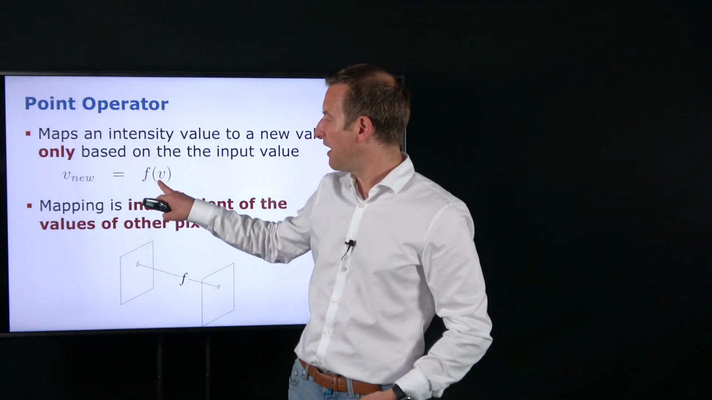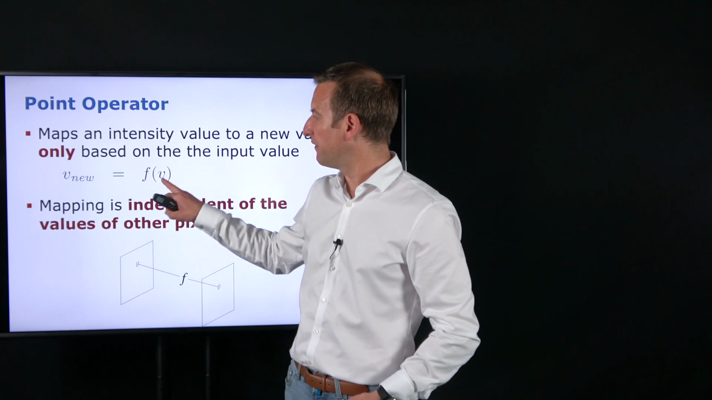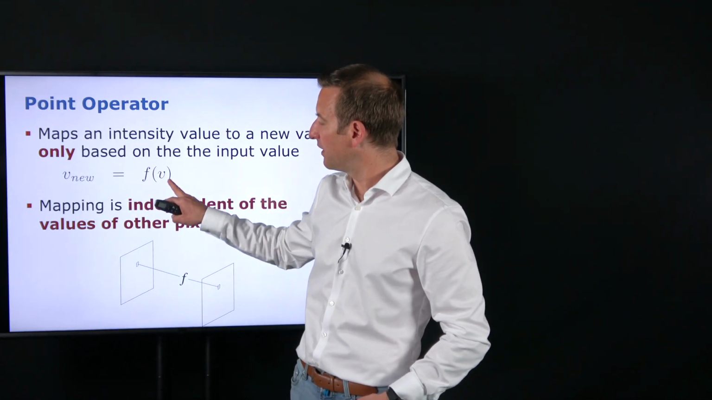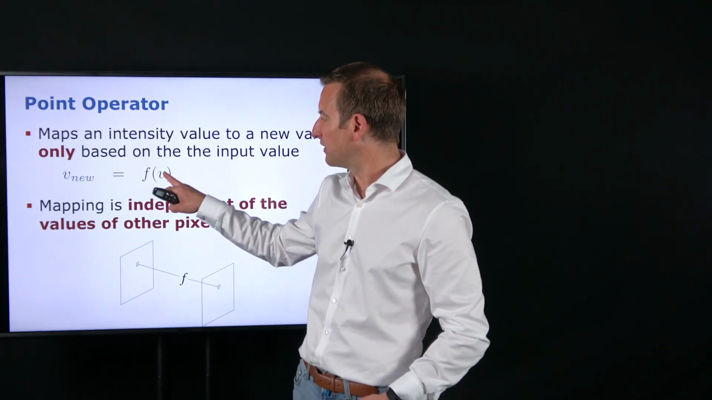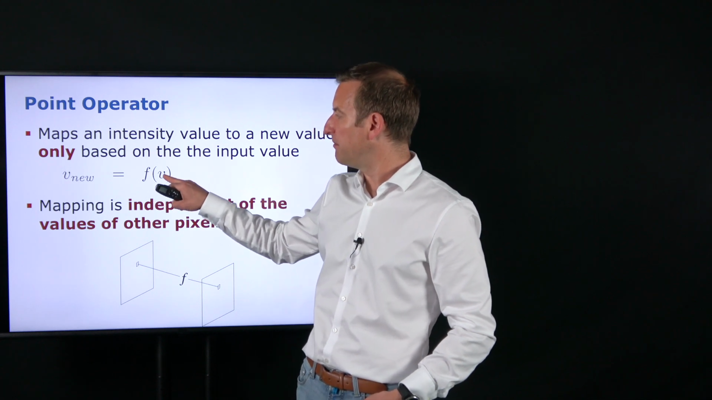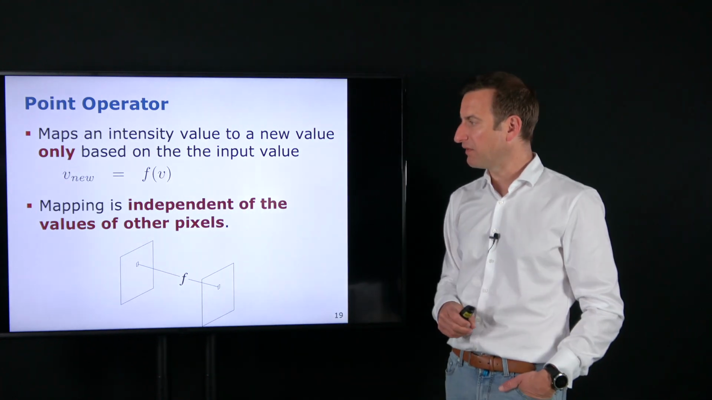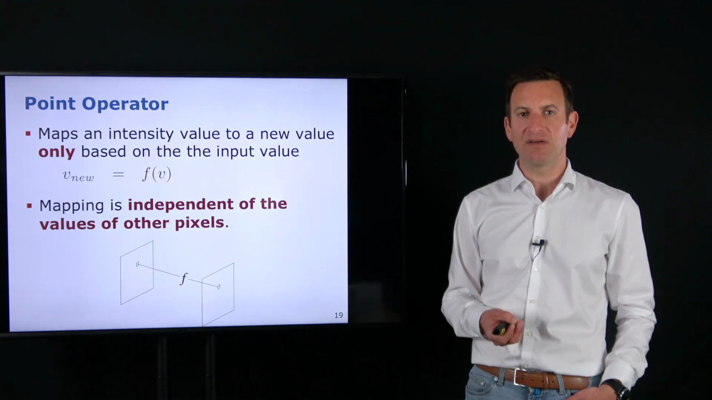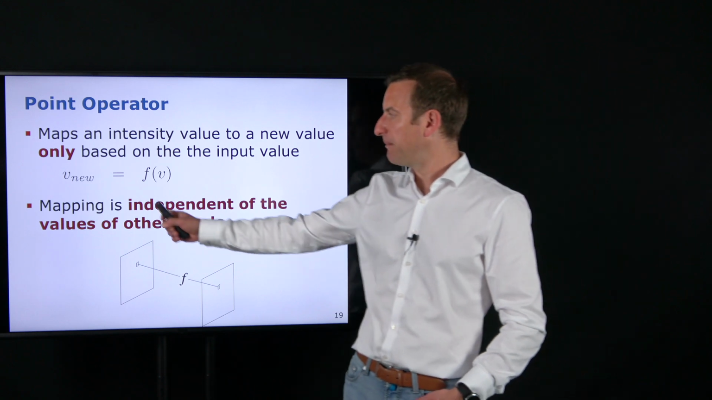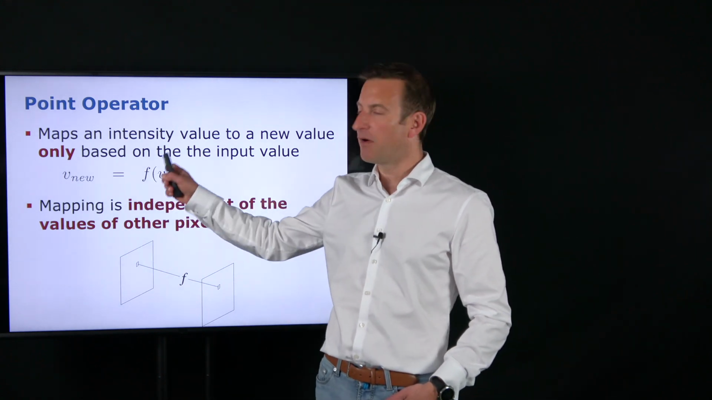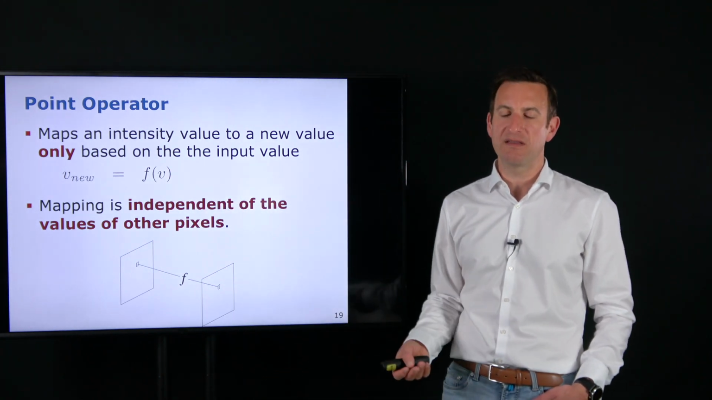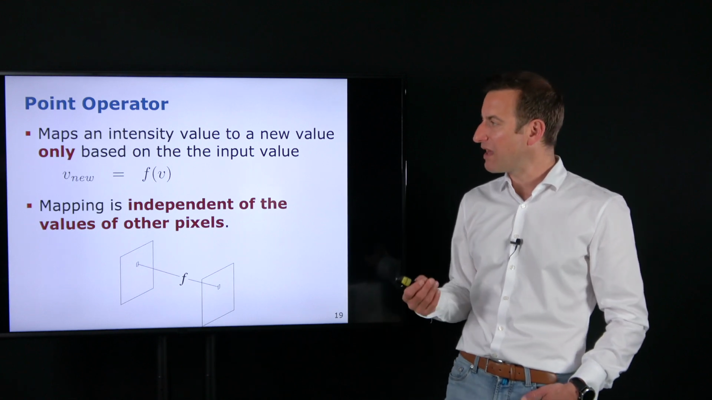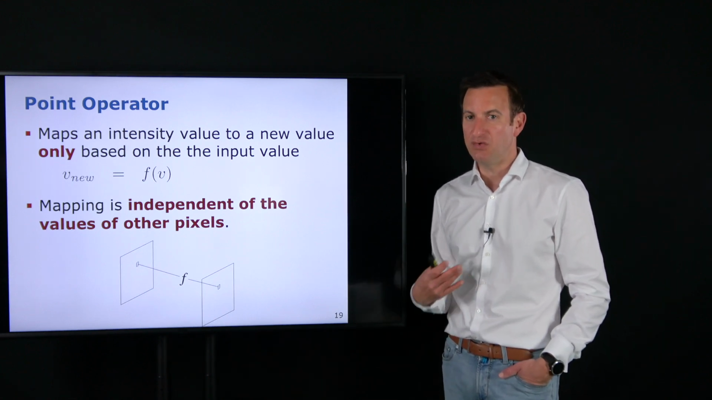So if I have an intensity value v, f of v will turn to v new, and there are no further parameters, at least parts of the image, that matter as the input to this function f here. So it's independent from the other pixel intensity values. This is the key thing. This mapping f is independent from neighboring or other pixel values rather than the one that I'm actually using for